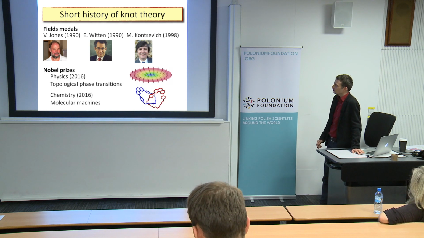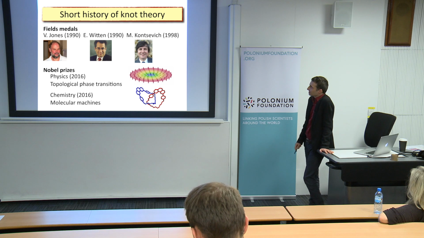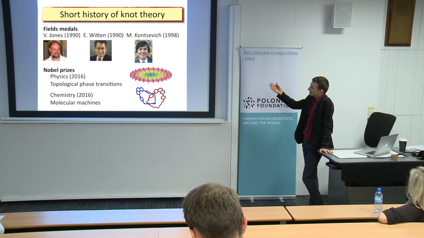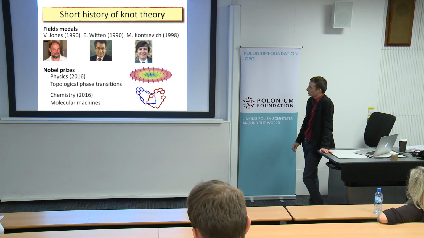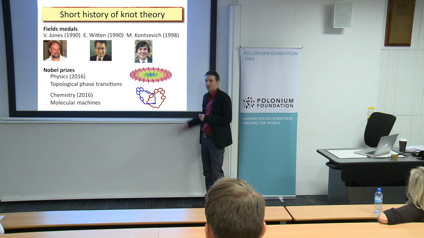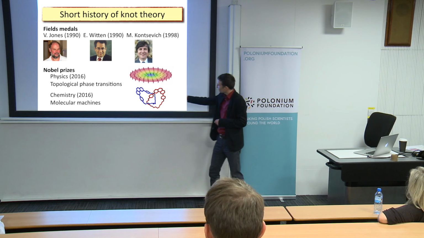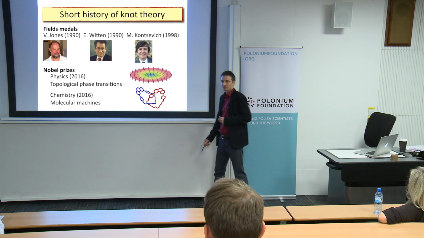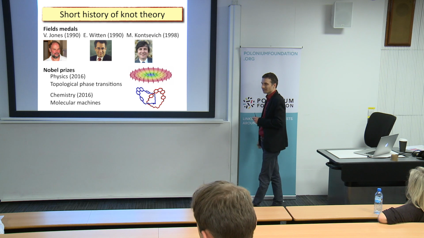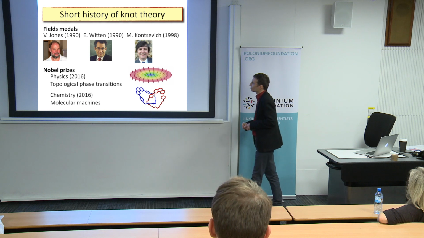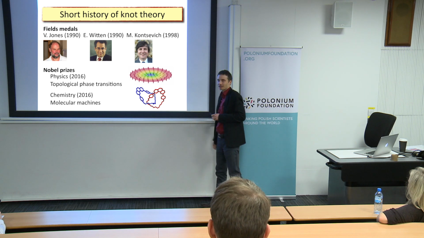But as I'm trying to convince you, it's not only a field of mathematics, because recent Nobel Prizes in 2016 were given for some work in physics and chemistry which makes contact with topology and knot theory as well. In particular, this picture is from the official announcement of the Nobel Prize in 2016, and you see that it looks like the Hopf-link. These are just some chemical compounds which make a Hopf-link. So you may immediately see that all this mathematical machinery developed over the past century must be important in analyzing those physical or chemical systems.